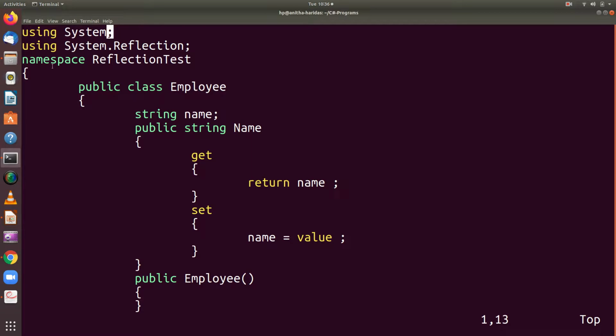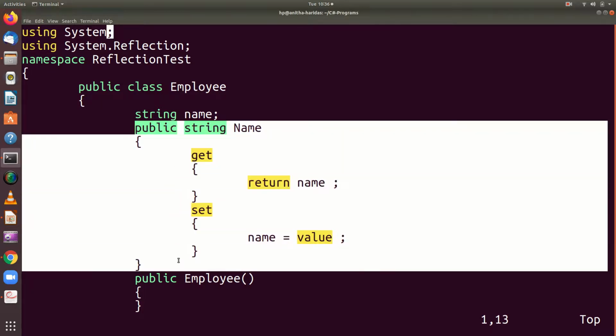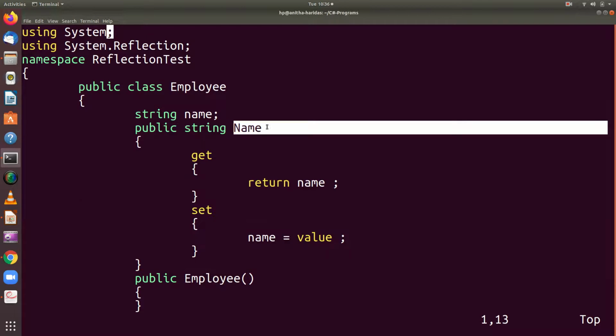In the program I have a namespace declared, and inside the namespace I have a class called Employee, and the Employee class has a data member name which is of string data type. And for the name, you can observe here I am declaring a property also, with name, and with getter and setter methods defined here.